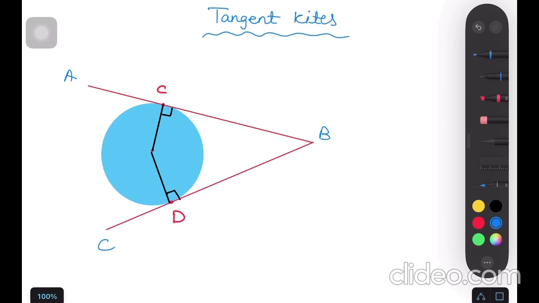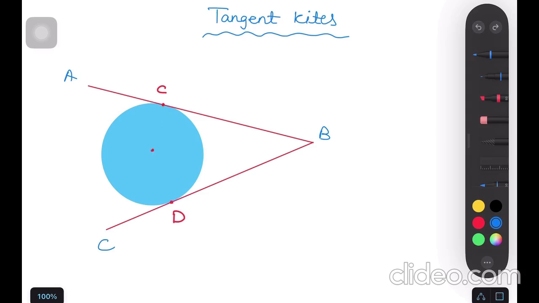And these two tangents will form an isosceles triangle. Isosceles triangle means that these two sides will be the same because see the angle at their bases, this angle and this angle, these two angles are the same. So this will always be 90 degrees. That's the first thing. Second thing, if we are not joining them from the center of the circle,